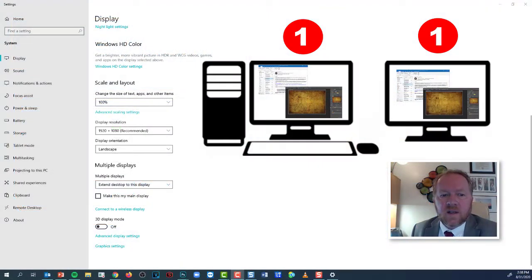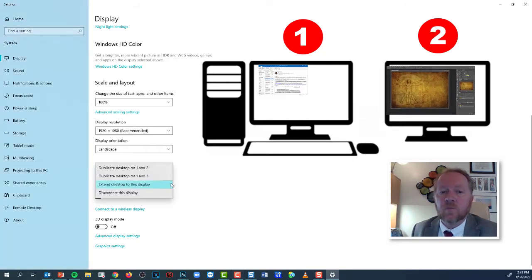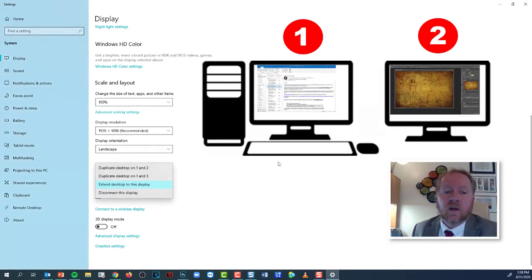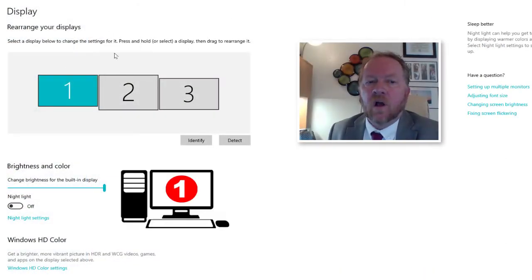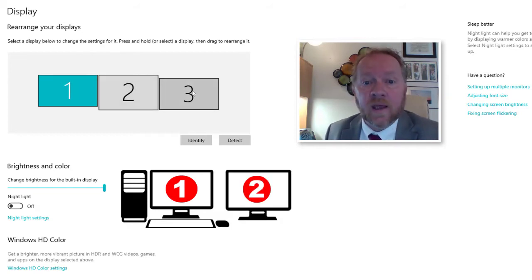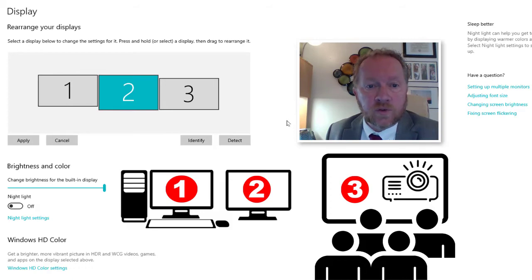For your office, it makes sense that you would extend the desktop one to the other for the reasons I've stated. So you would just have Extend Desktop here, and then you'd be able to arrange them as I showed earlier. Secondly, I've got 3 monitors up here right now because I have a monitor that I'm using as a control panel. I'm having a monitor that I'm using to see my display. And then this number 3 is the projector itself. What I have to do is make sure that 2 and 3 are duplicates. So I have to have either 2 or 3 chosen for this to work.